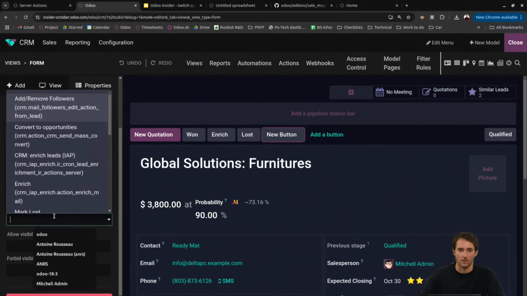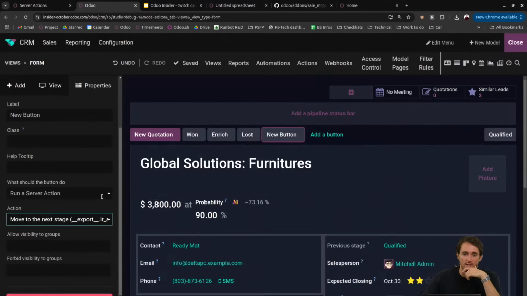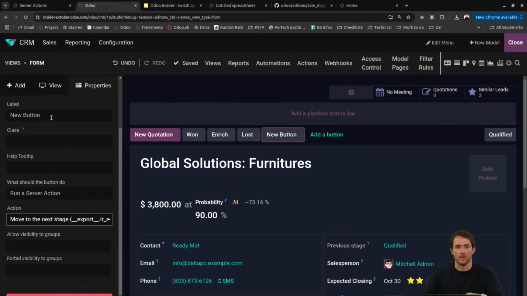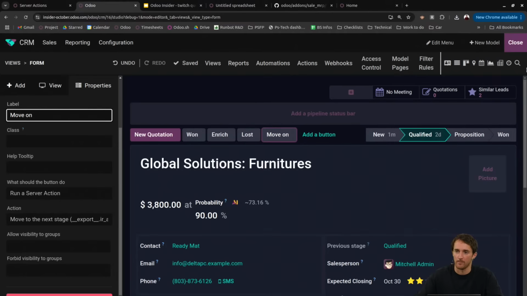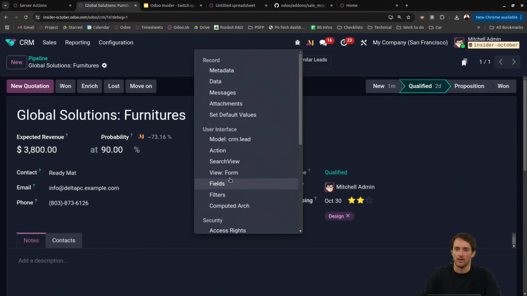My new button, yes, so here I have more things, and move to the next stage is there. Okay, and I can call it move on. So let's imagine that I'm in the new stage then. I can move on. Okay, and here still my previous stage is computed, but that's because of my computation